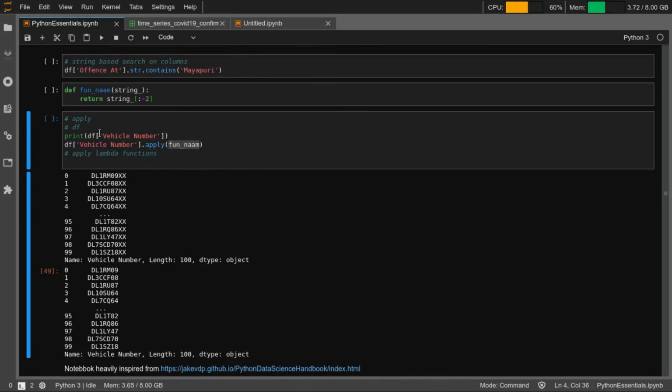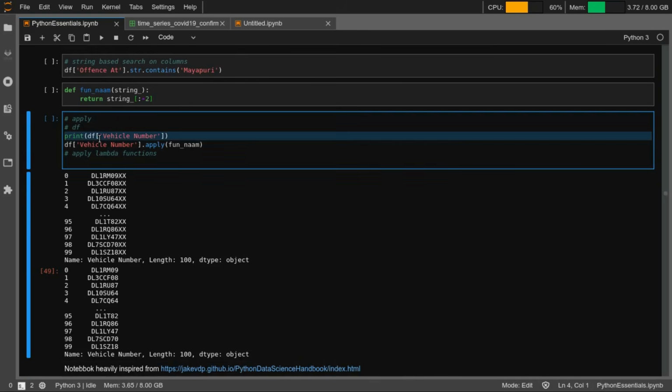So you have a column that contains all the vehicle numbers, and you want to discard the last two x's. The first instinct would probably be to loop through all the rows in this particular column and call this function.